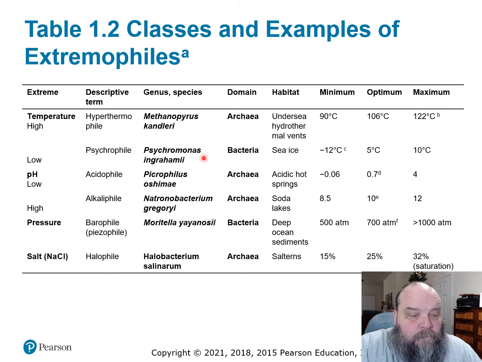Psychrophiles, low temperature. Psychromonas ingrahamii, I'm not even going to try that one. It likes sea ice. -12 degrees Celsius to 10 degrees Celsius. It would last a few minutes. These guys, that's the norm. High acidity, low acidity, high pressure, high salt,